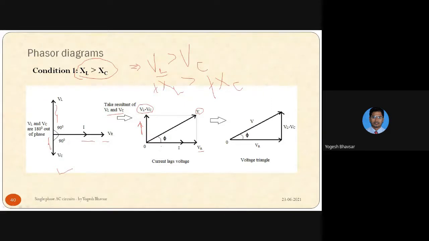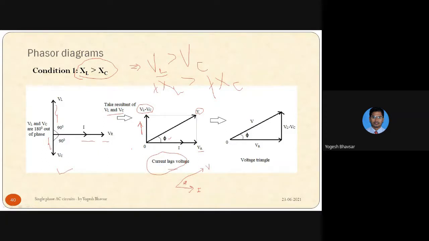And the angle that we have, phi, is with respect to the resultant. Right? So this is the complete phasor diagram, where we can see the current is lagging voltage by angle phi. Or if you want, we can draw only this phasor diagram, the voltage and the current. The current is lagging voltage by angle phi. So this is like an RL series circuit. This circuit will behave as an RL series circuit. The capacitance value is less than the inductance, so the circuit becomes inductive.